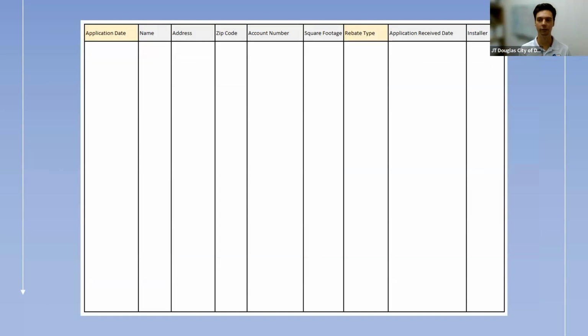Another column that we can have is rebate type, right? That's just one variable and we want that in one column. So then we could filter by, okay, show me all of the HVAC units, show me all of the smart thermostat units. And in Excel, we can quickly filter that. So that's really the mindset to have when it comes to tidy data and when it comes to dashboards.